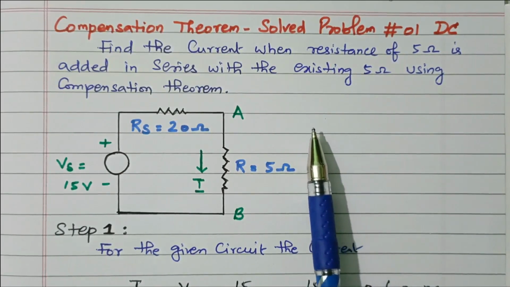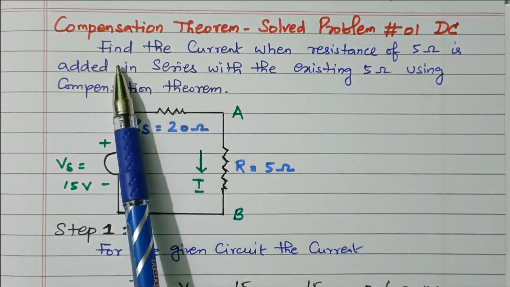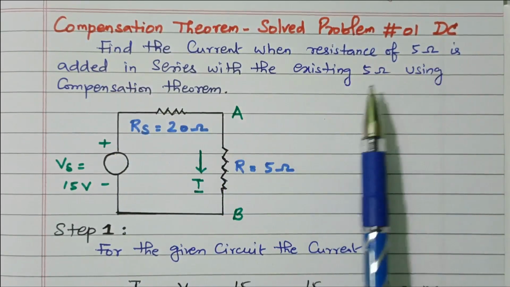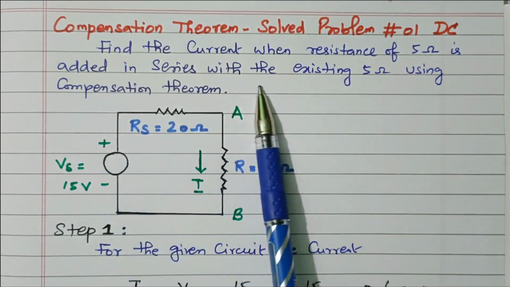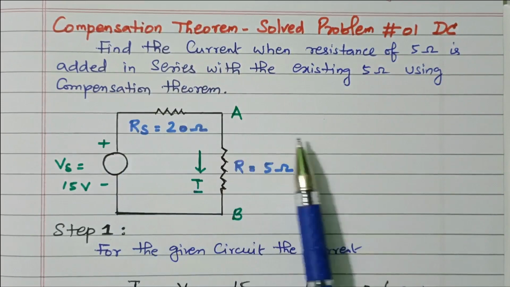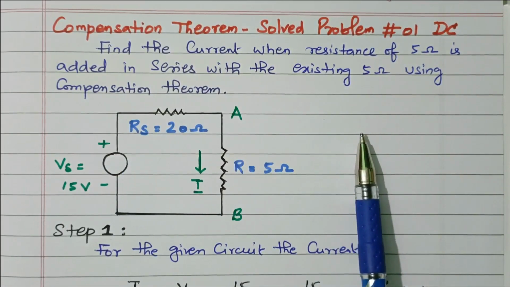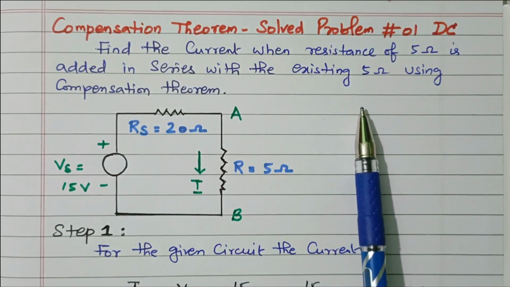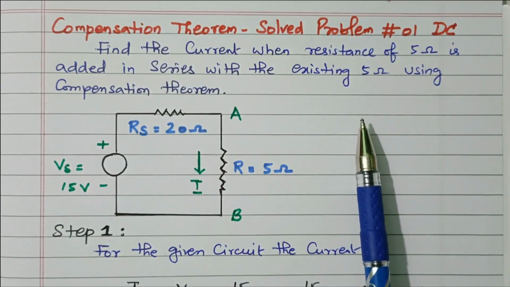Now we'll go to the topic. We'll see the statement of the problem. Find the current when a resistance of 5 ohm is added in series with the existing 5 ohm using the compensation theorem. The compensation theorem is nothing but, while increasing the resistance value or impedance, there will be an opposing